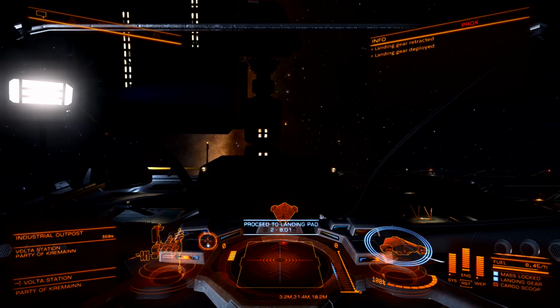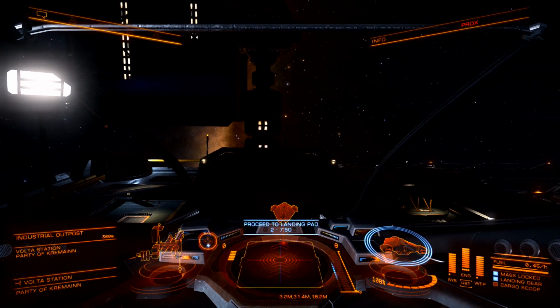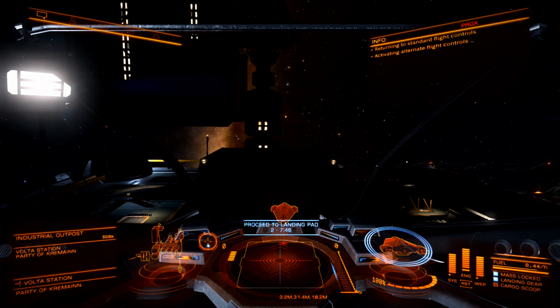Now, I came in this way specifically knowing, if you'll see that icon down there in the front, right above proceed to landing pad, there's a little icon of your ship. You can tell that ship's pointing backwards. That's telling you the orientation you need to be on. I'm going to make sure I'm in my